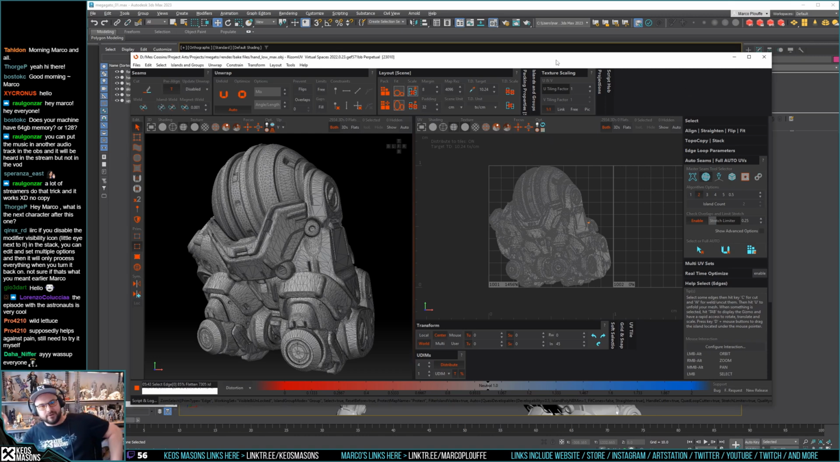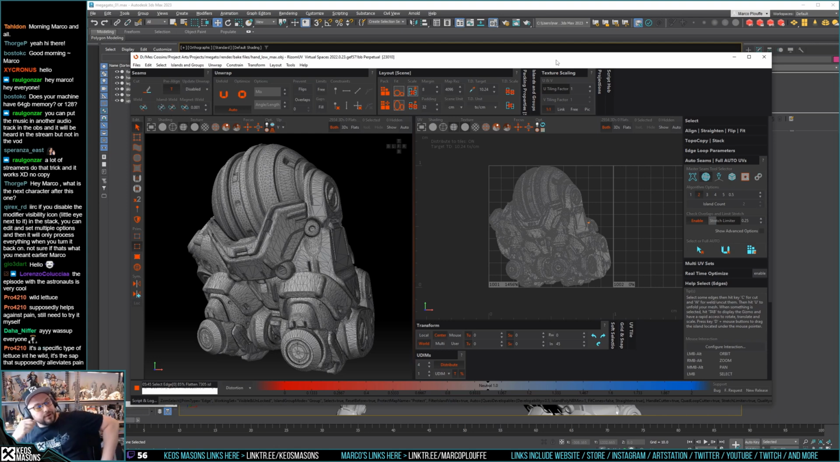85%. There you go. Ah, boy, yeah. It's a specific type of lettuce in the wild. It's the sap that supposedly alleviates pain. Oh yeah, really? Yeah. Makes me think of like my mom used to grow